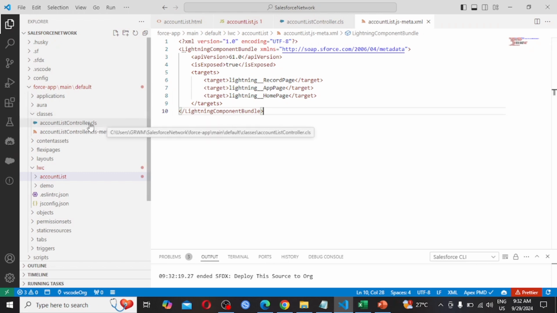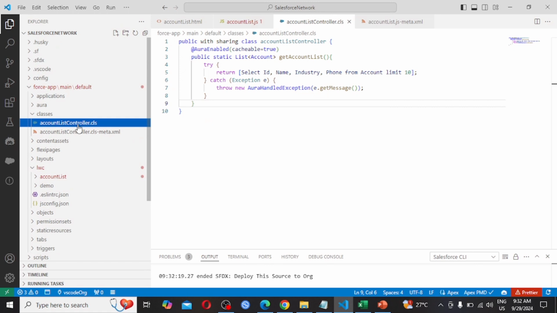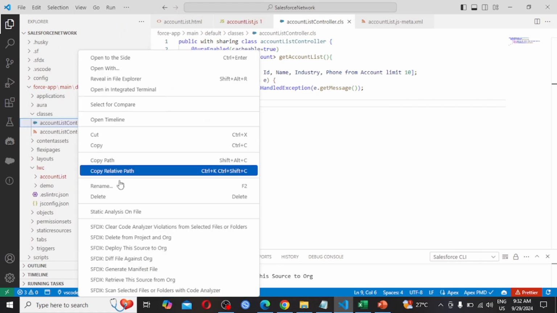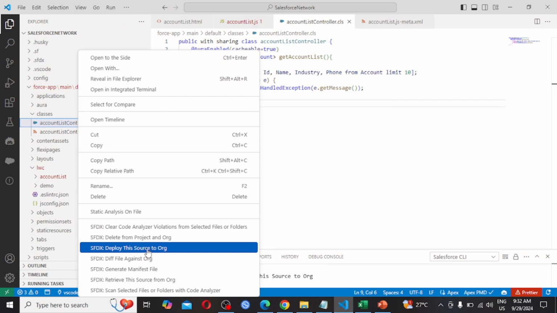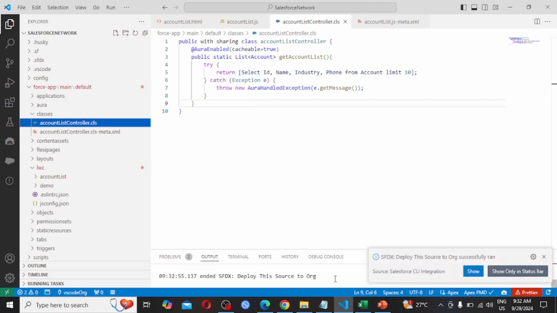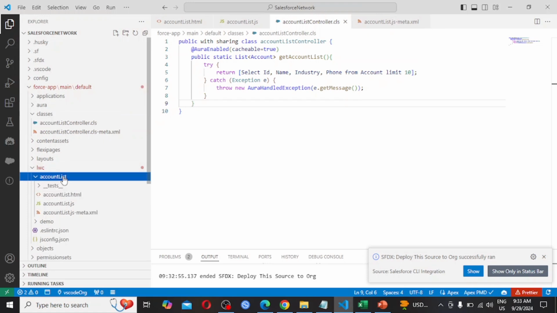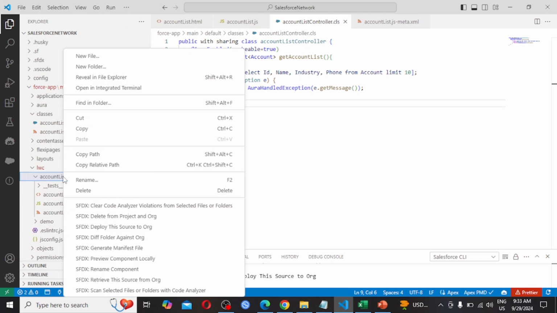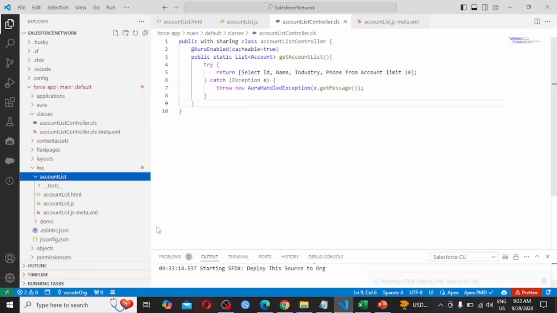So first we are coming to the class AccountListController. Clicking on this particular class, right click, deploy this source to org, select this. Here we are getting the message: deploy this source to org, successfully run. So it's done. Then coming to our Lightning web component accountList, right click on this, deploy this source to org.